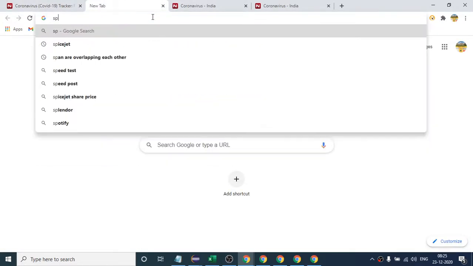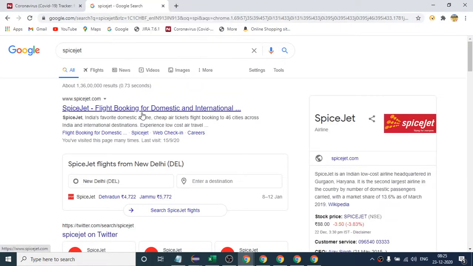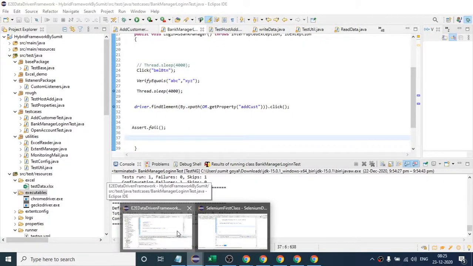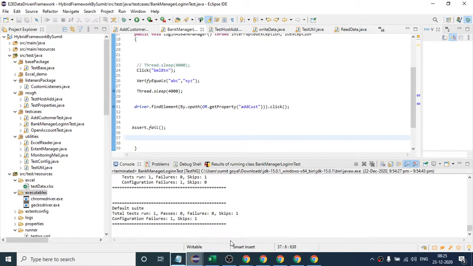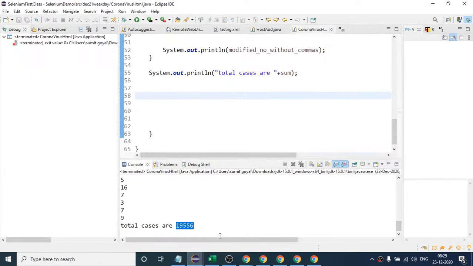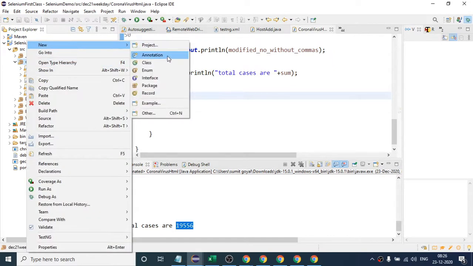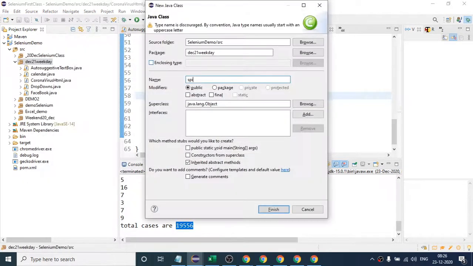Okay. So there is one website. In the previous class we discussed some drop down, and here there is one more website, which is the SpiceJet website.